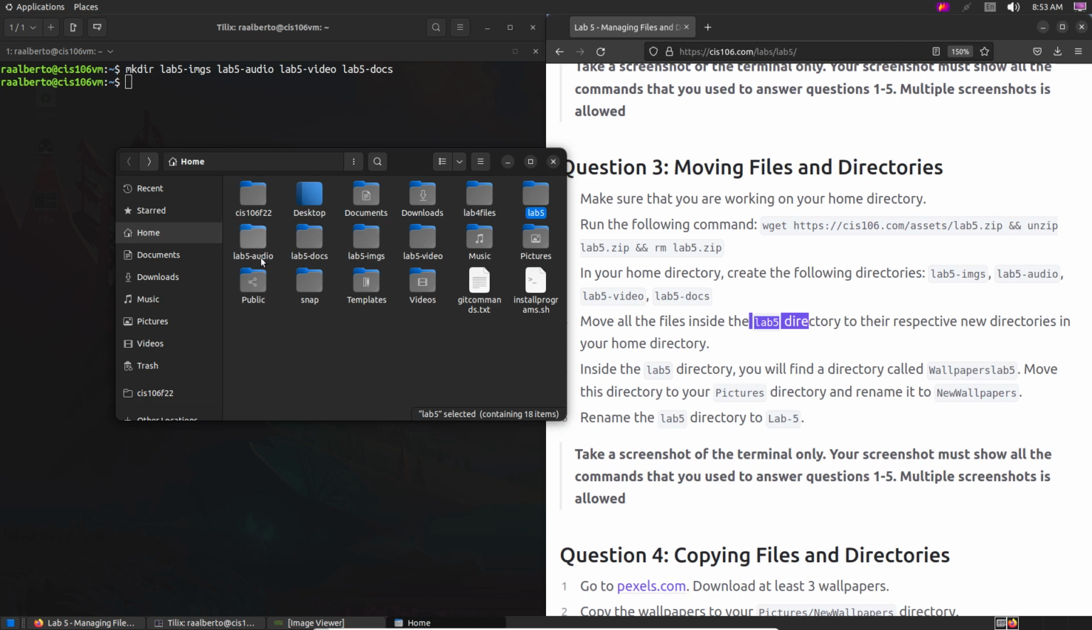So all the audio files, like MP3, should go in here. All the documents, like PDF, should go in here. All the images should go in here, and all the videos should go in here. The easiest way to do this is by,